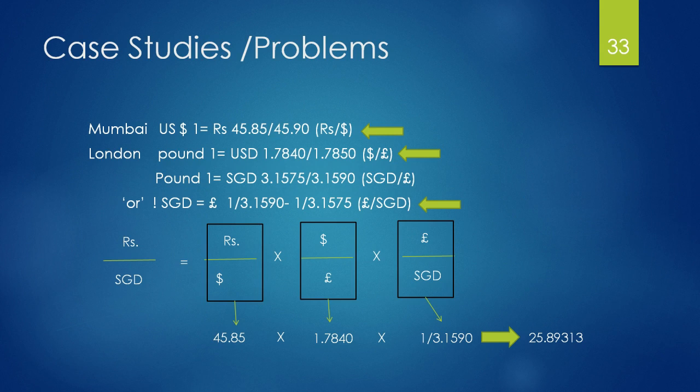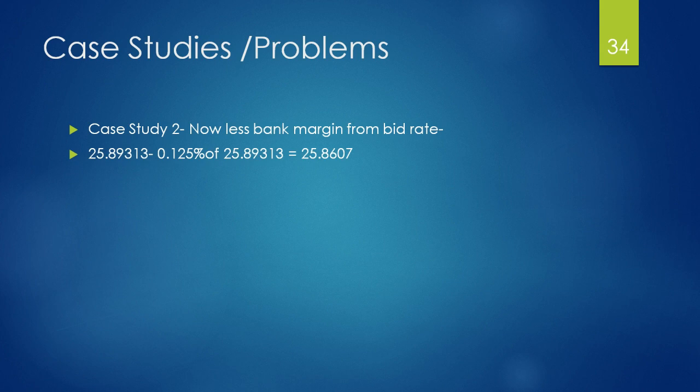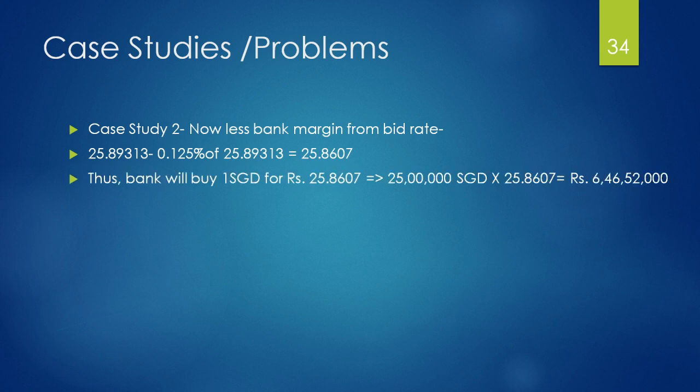Thus we get our desired exchange rate of rupees per Singapore dollar as 25.89313. But there's one thing more in the equation, that is exchange margin. Since we are using bid rate, you have to less the margin. So let's less the margin as 25.89313 minus 0.125% of 25.89313, which gives 25.8607. Thus, bank will buy 1 Singapore dollar for rupees 25.8607, which implies 25 lakh Singapore dollar